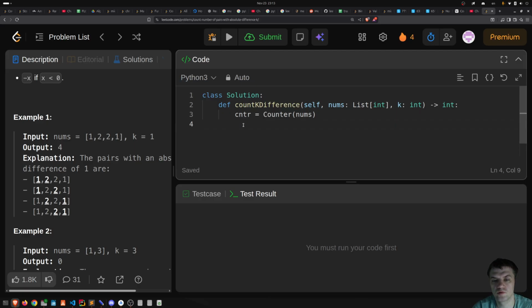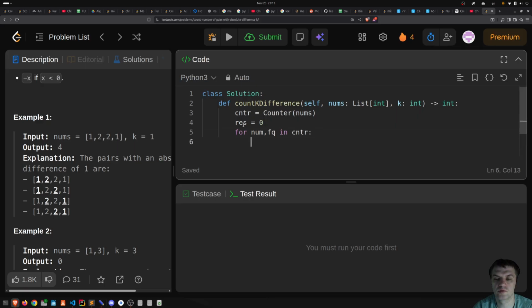So I go res equals 0, for num, fq in counter items. With just counter, I need to go num minus k